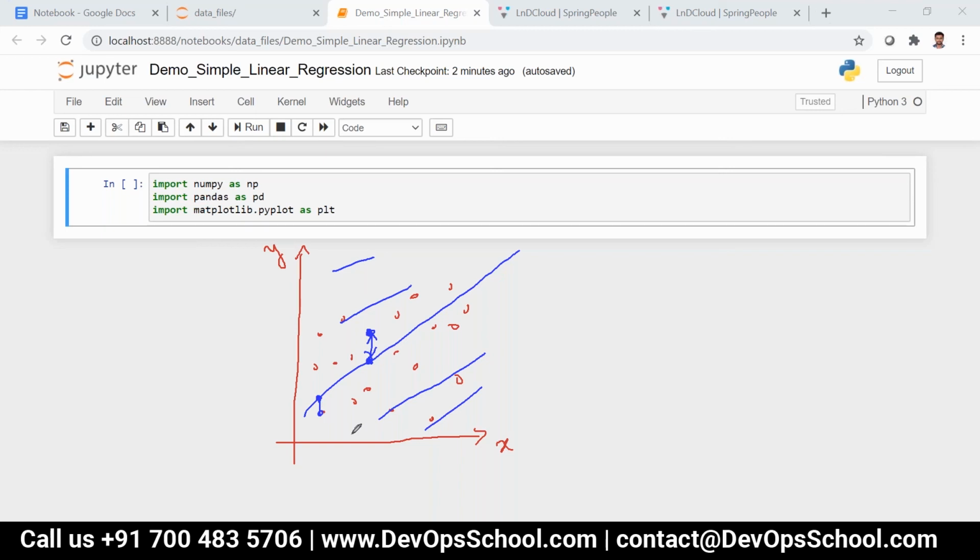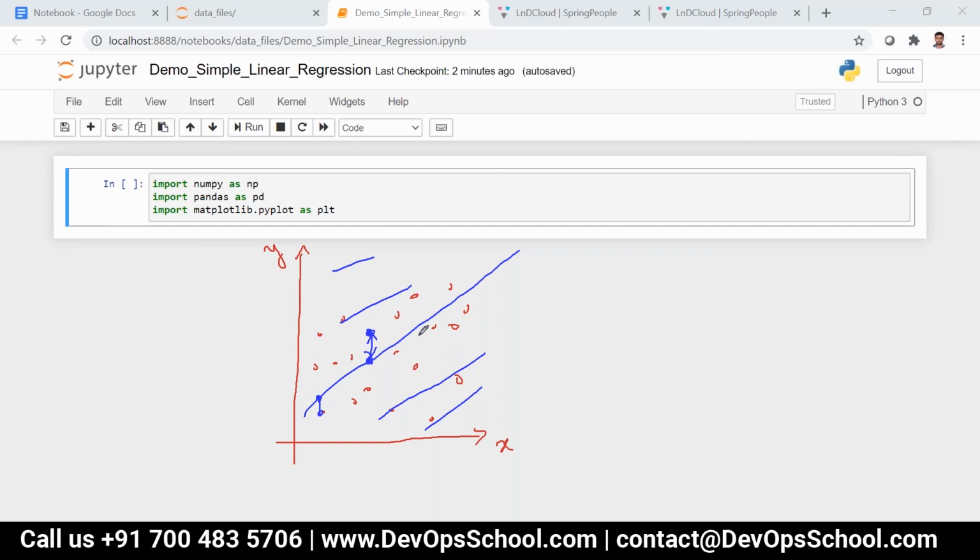We have n number of data points over here. We need to find the distance for each and every data point, and find the average of all the errors. That is nothing but MSE, mean squared error, which we will see later on.